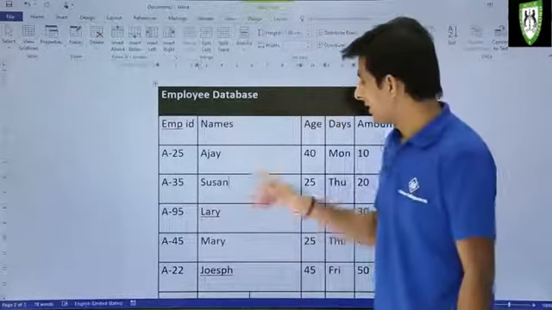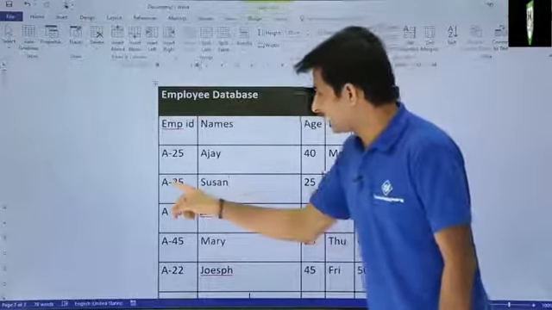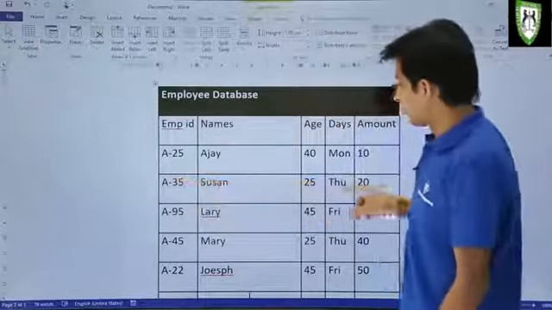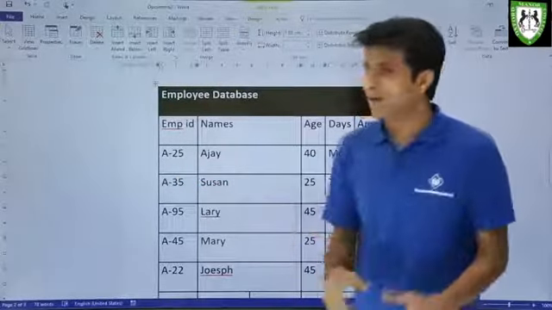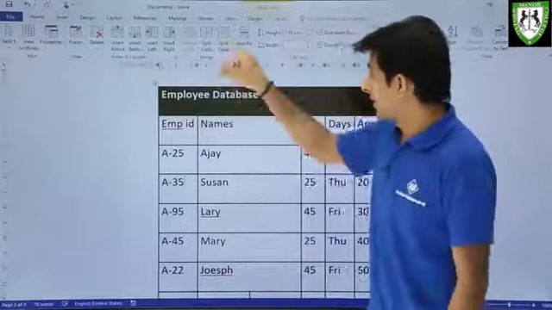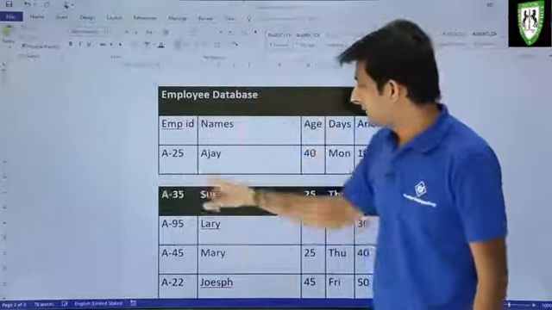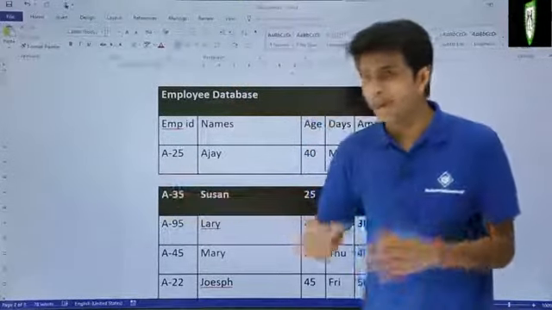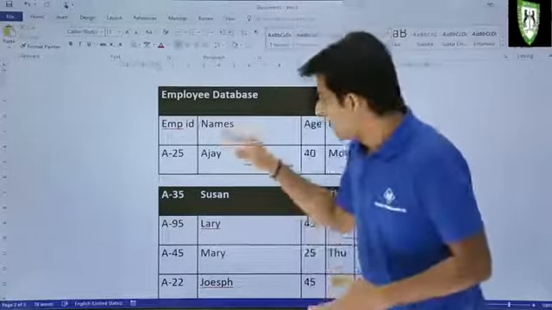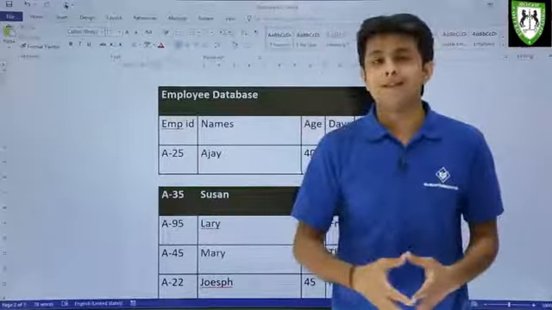I'll keep my cursor in any place in this row, A35, and if I click on split table, my table will be split in a horizontal manner. Observe, from A35, whatever was in the upper part has created one table, and the portion below has been created as a separate table itself.